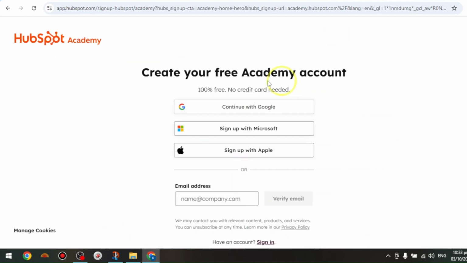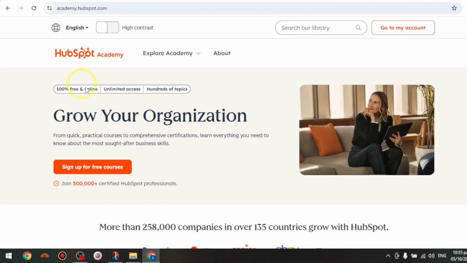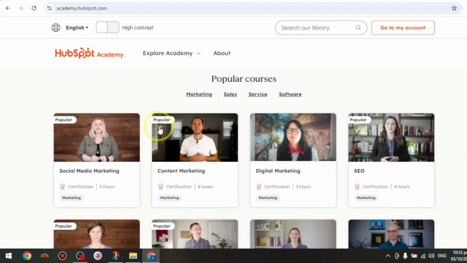You will then be redirected to the registration page. So now start creating your free Academy account. You can create by using your Google, Microsoft, or Apple account, or also use your email address. Now, once you're done creating an account and you're logged into your account, you can start browsing for courses you